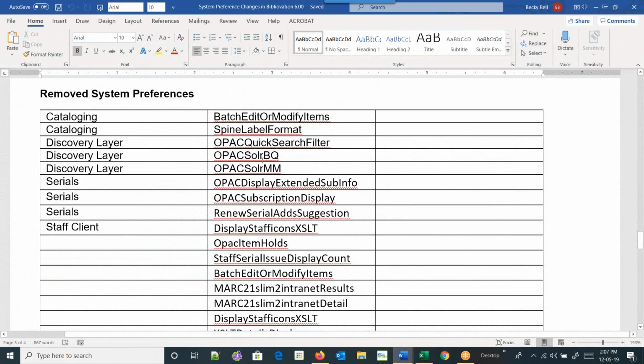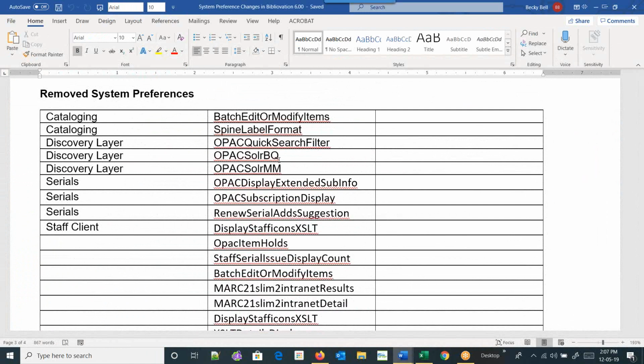No, this, I don't recall if I talked about the removed system preferences when I introduced this originally. These are ones that I found by going through the release notes, and I haven't actually verified that they are no longer in the current system preferences.